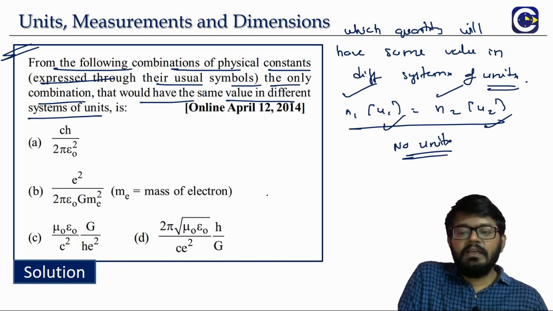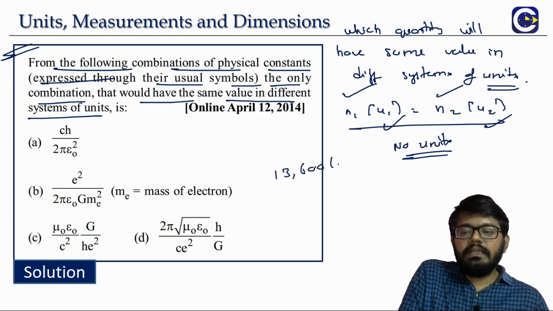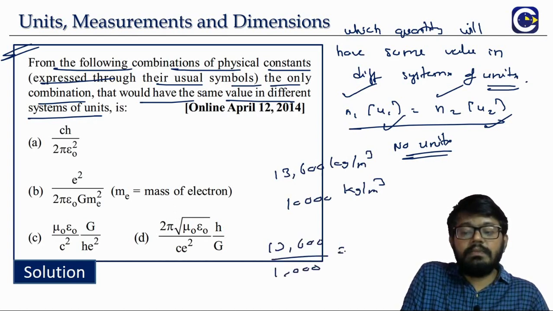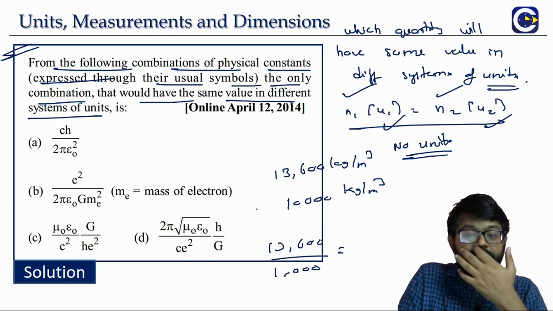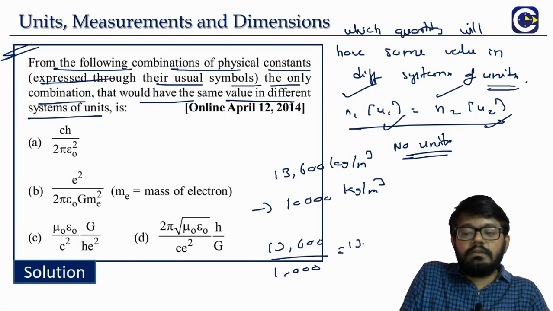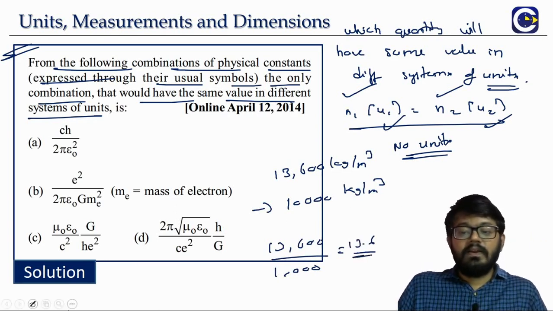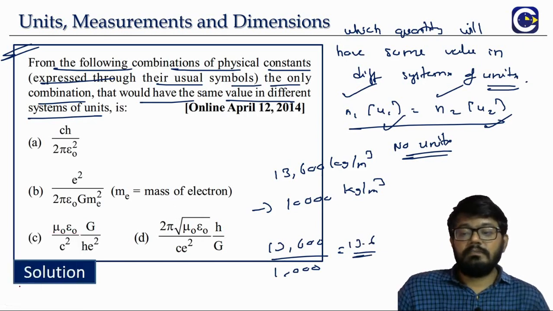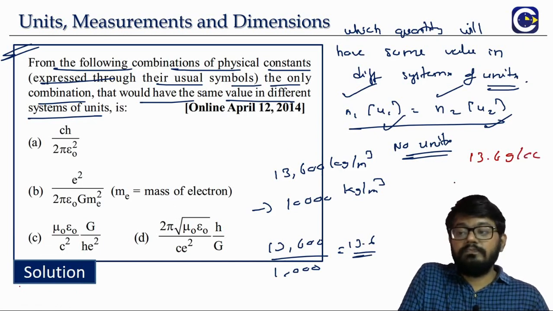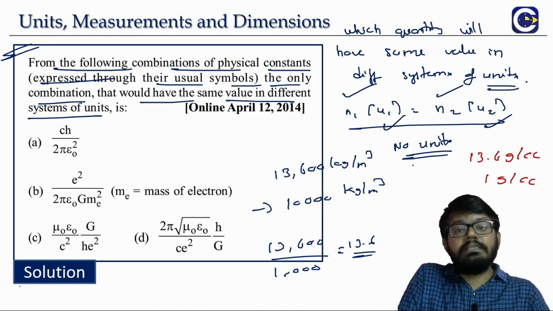Just to give us an idea, mercury, the density is 13,600 kg per meter cube. Similarly, water is 1000 kg per meter cube. What is the relative density? Density of mercury by density of the reference material, we are taking the water as the reference. What is this? 13.6. Now we will go into the CGS system. The density of mercury is 13.6 gram per cc or gram per centimeter cube. Density of water is 1 gram per cc. If you take the ratio, there also what is the relative density? 13.6 by 1.